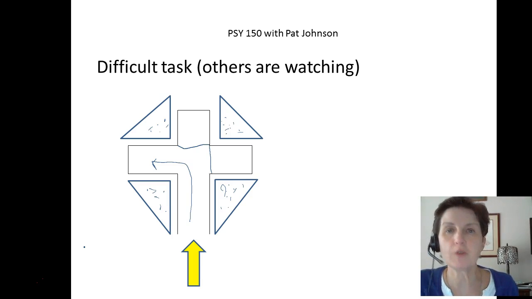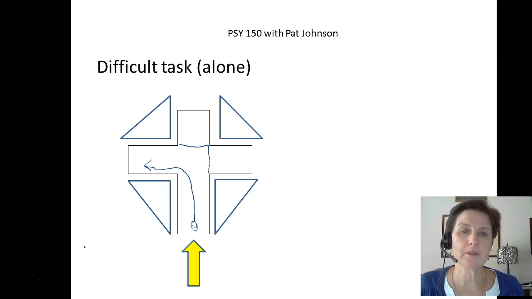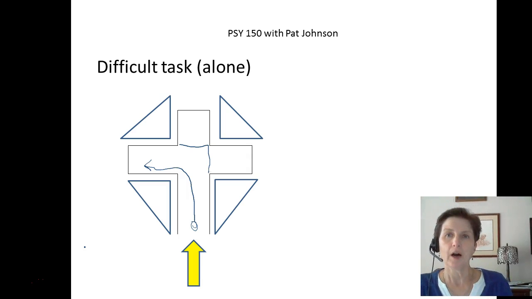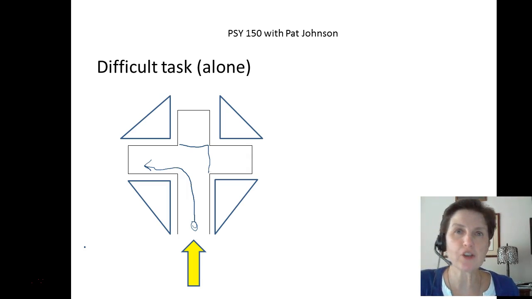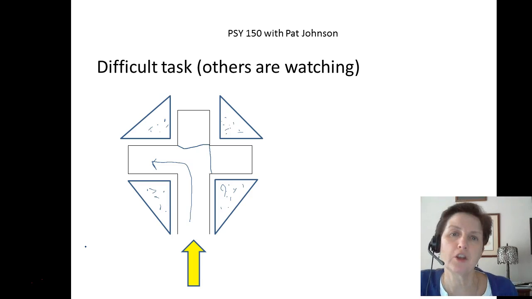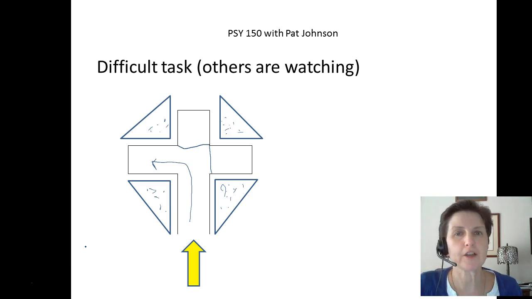Now, let's give a human equivalent to this. Imagine that you're taking the cumulative final for this class, or another class. You're taking a very difficult cumulative final. In one scenario, you're alone. Maybe there's somebody to monitor to make sure you don't cheat, but they're on the other side of the room. They're not really in your space, they're not bothering you. It's a difficult task and you're fairly alone. On the other hand, imagine taking the cumulative final in a room with lots of people, and I, your teacher, am standing over your left shoulder as you're taking the test.